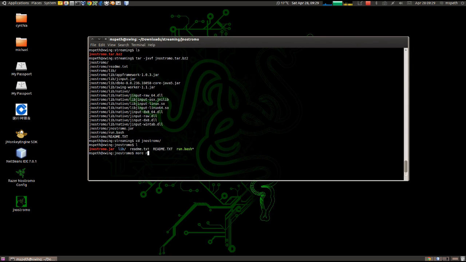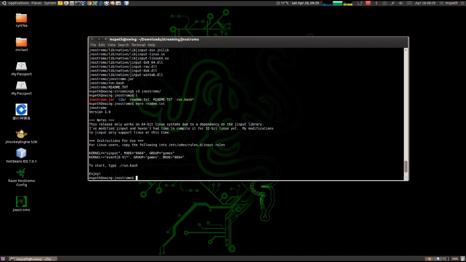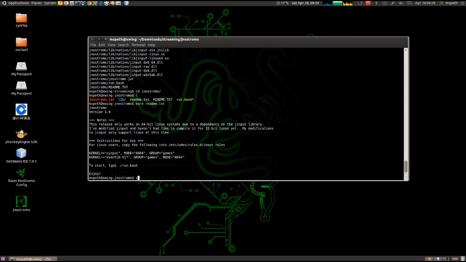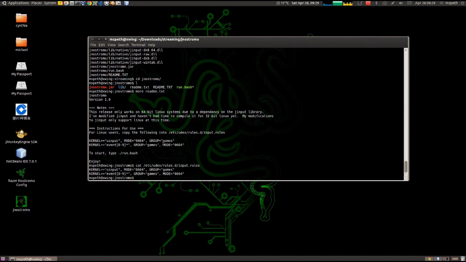There's basically one configuration parameter that you have to do, and that is to create these udev rules. So in the directory /etc/udev/rules.d, create a file called input.rules, and in that file add these two lines. Let's just see my rules. So you see they match. What is this doing? This allows write